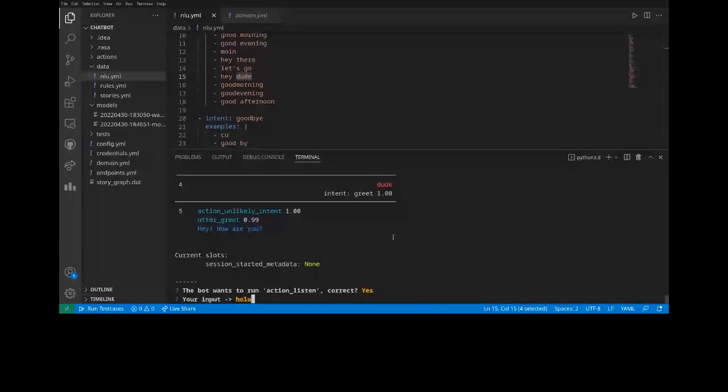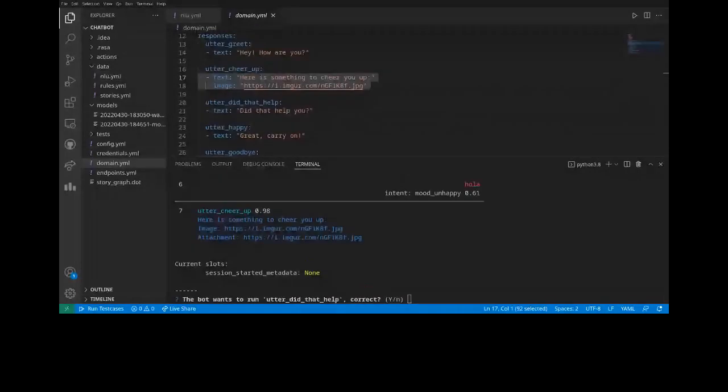And now it does utter cheer up, which comes back here, and it is going to send us what we have given here. So it gives this, and this thing came here. And as you saw earlier, we also got something else which was saying did that help you. So this thing comes back: ask, tell that other utter did that help. Now obviously all these things are happening somewhere, right? We have not seen that. So let's talk about which is the file doing all this.